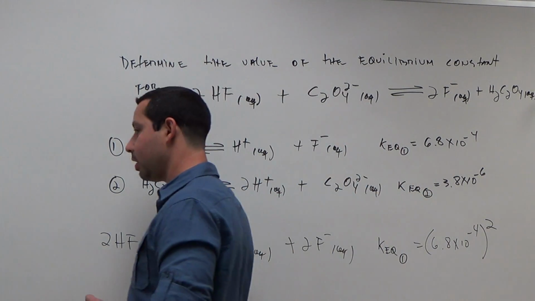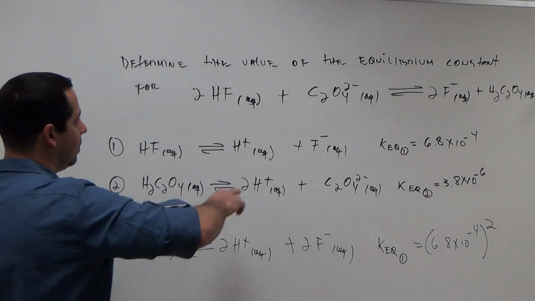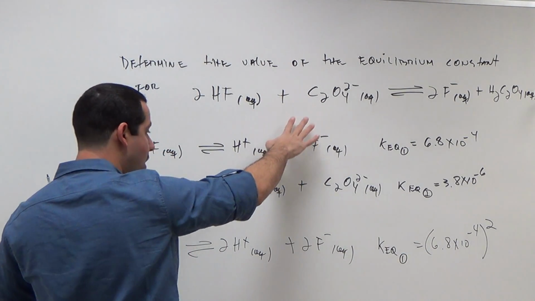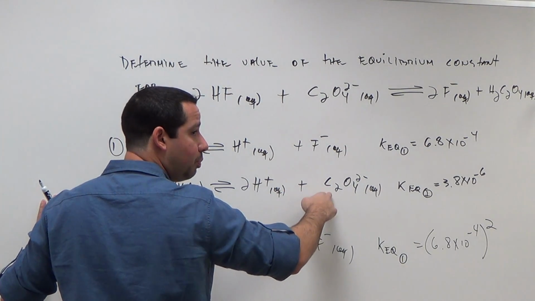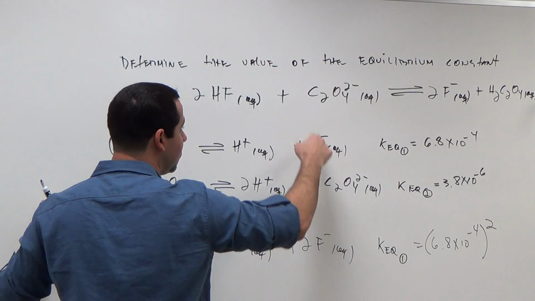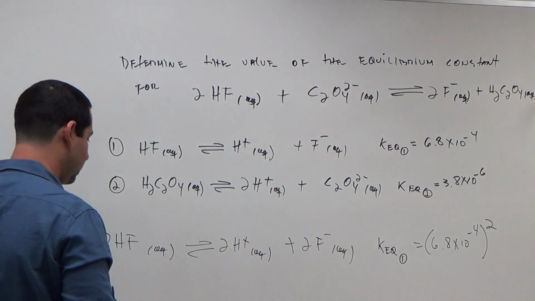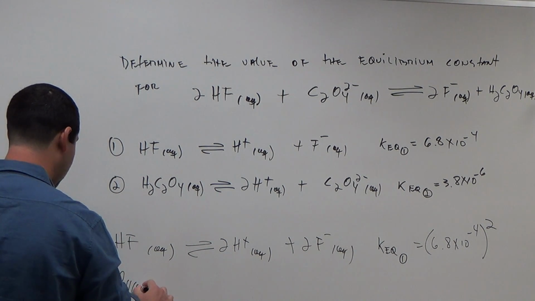That is raised to the second power. Now the other reactant that I have is C2O4 2 minus. Where is that at? In the other equation it is a product, and I need to make this a reactant. So what do I do? I reverse this equation and I write C2O4